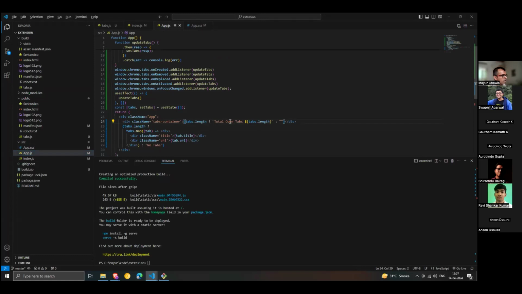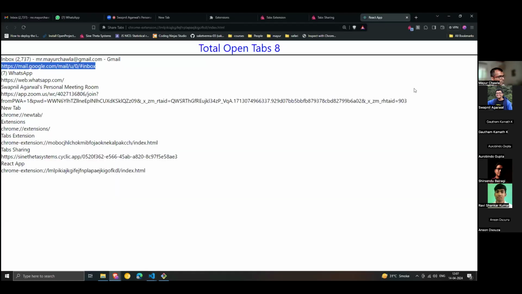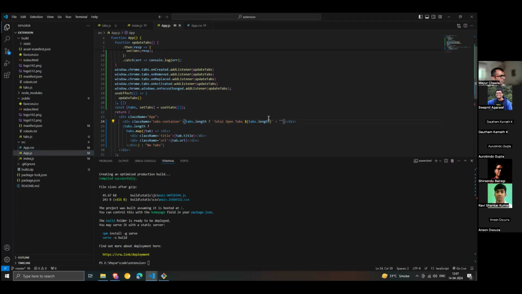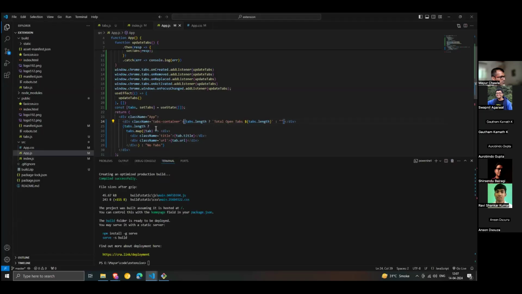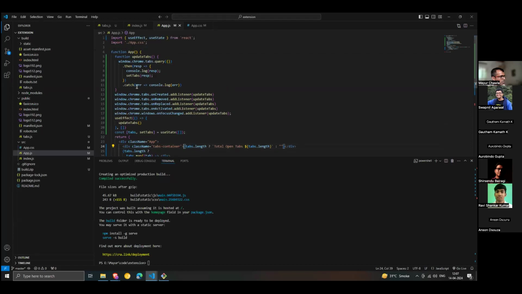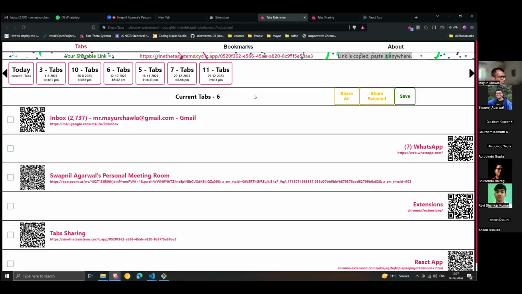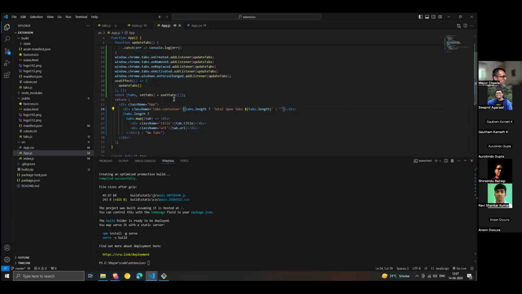वो even odd का logic यहाँ नहीं लगाया वरना it would have shown left right. So QR code is nothing, just an open source library. वो GitHub से ही उठाया है. So basically whatever string we pass, it generates a QR code. So we can add multiple features here. And saving,